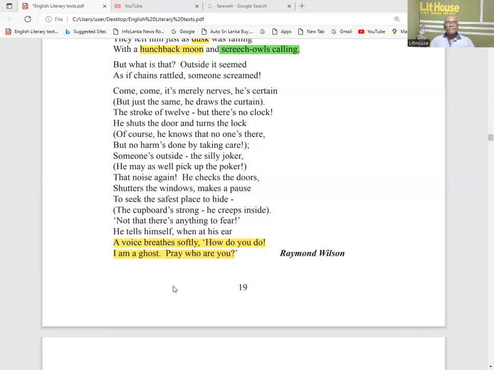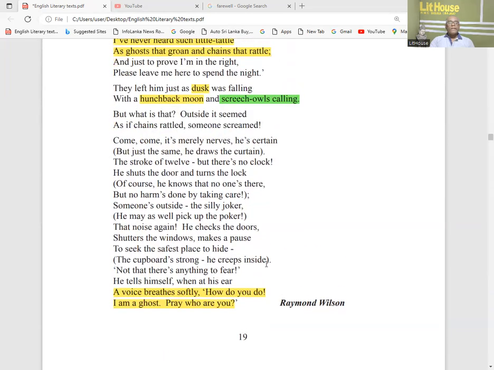That is, the man who tries to avoid the ghost truly meets the ghost in a cupboard. Irony. Next technique,